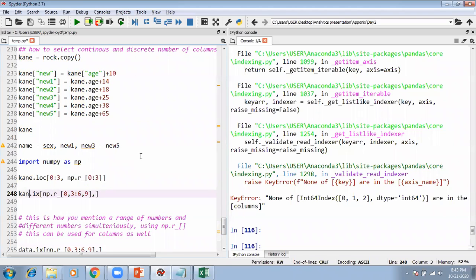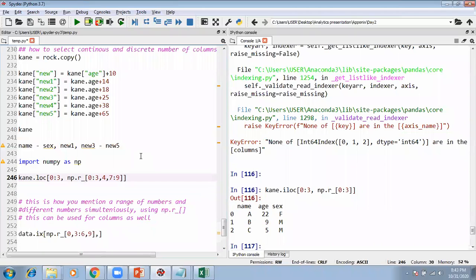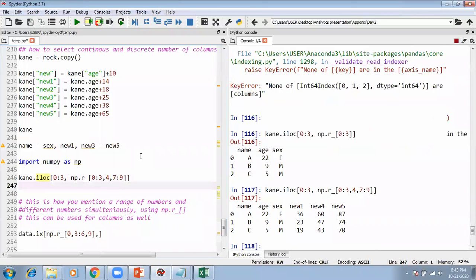Maybe I have made a small mistake which I am unable to understand. Sorry, it's going to be ILOC. My mistake, not LOC. With ILOC, I for index because we are writing the numbers, and LOC is for the names. My mistake. It's going to be ILOC.